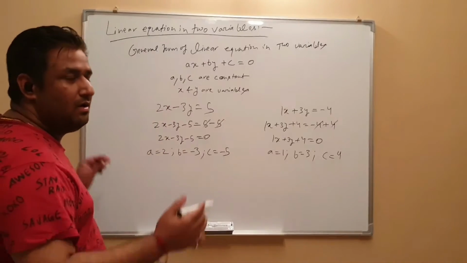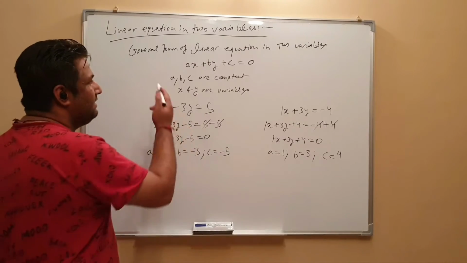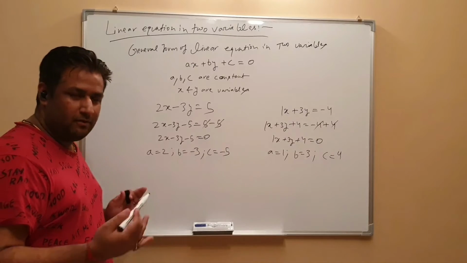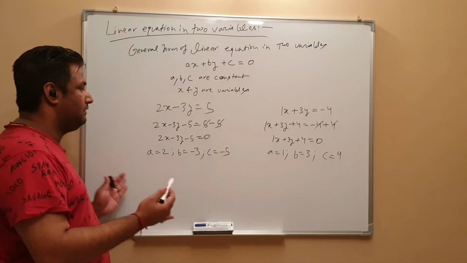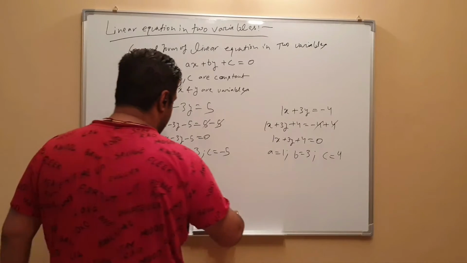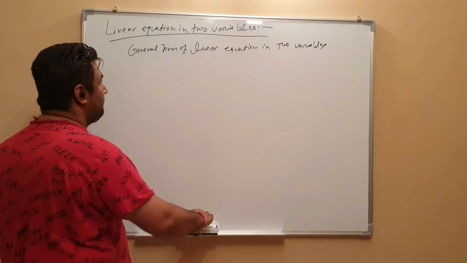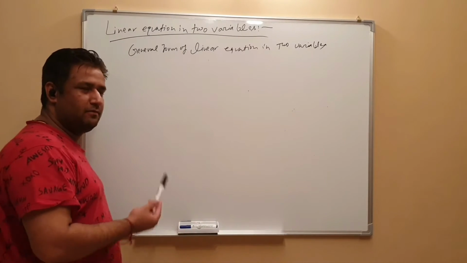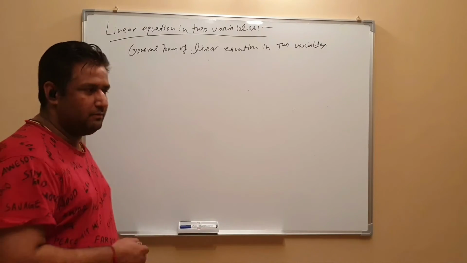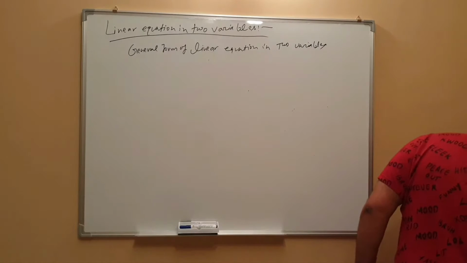So this is how a linear equation in two variables looks like, and this is its general form, and this is how we compare from the given equation and find out the values of a, b and c. I think by now it should be very clear to you guys that it's not very difficult. Now we will try and do one sum from the NCERT book so that it is more clear to you, what kind of question is given there. So let's do that.